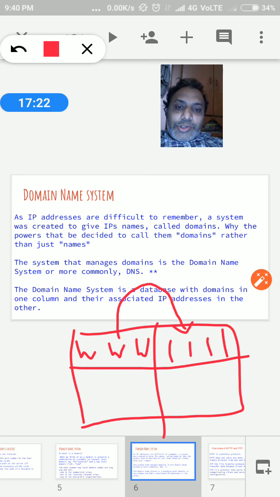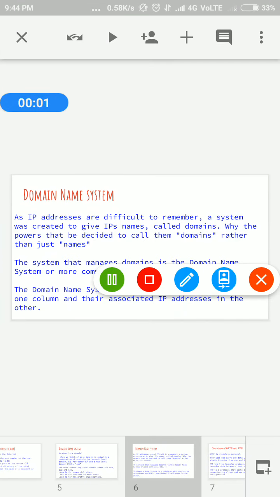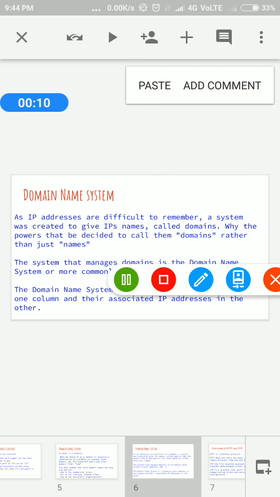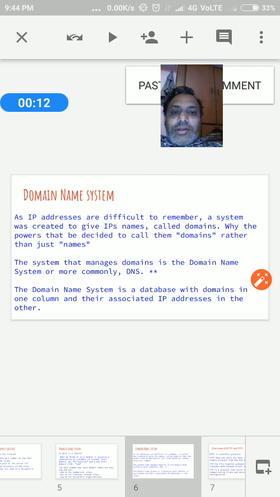As we already discussed in the diagrams, www.acpc.org is associated with your IP address.